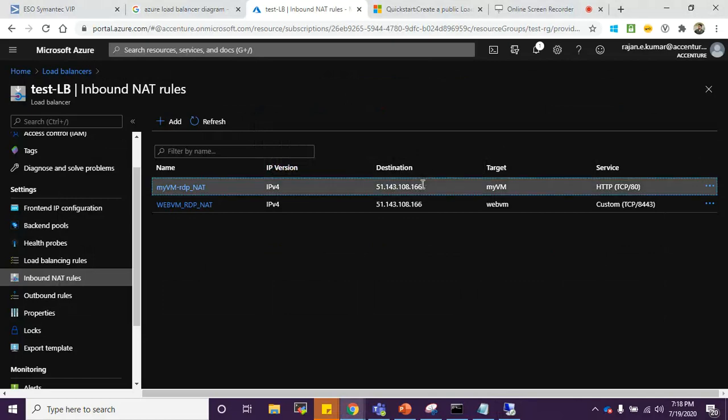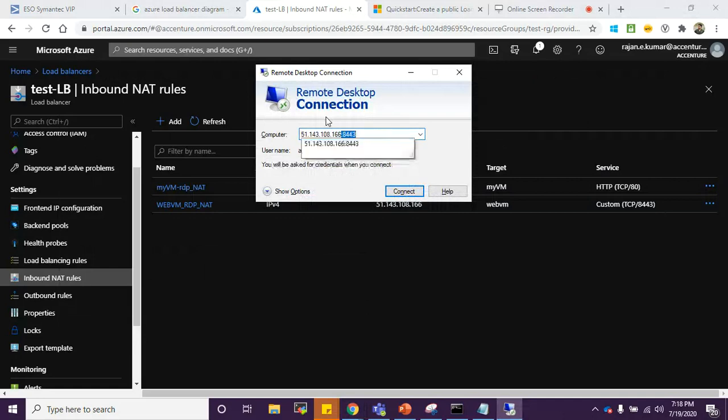So this is our IP address. For my first VM, we'll use port 80 along with the IP address. Let's connect.